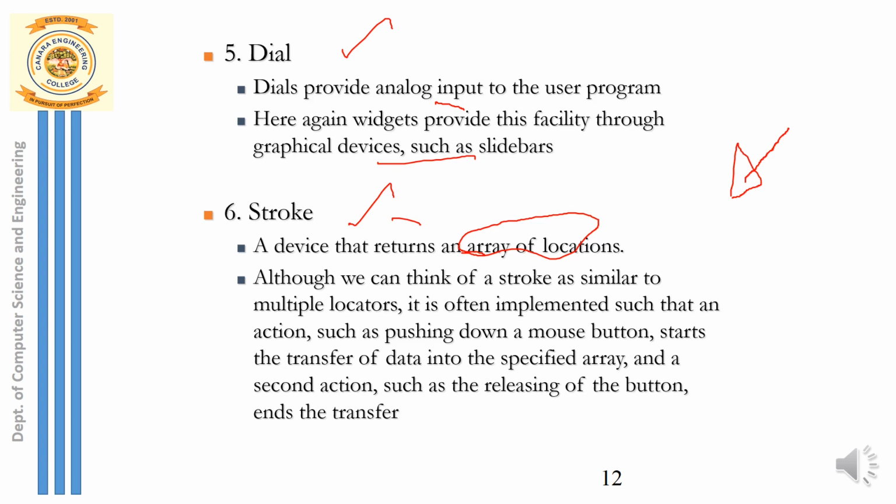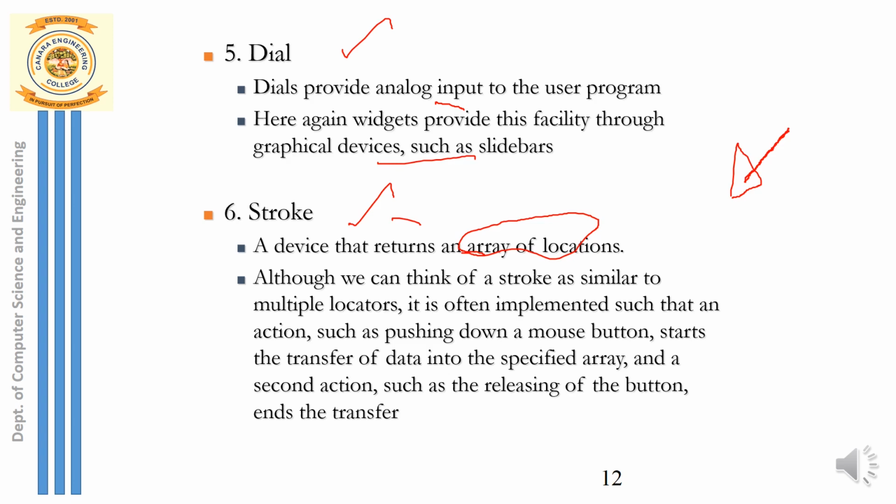If I have to do such an animation, how do I do that? Click on a mouse button in one position, say the object is in its resting position. Now when I drag the mouse in some direction, the object along with the mouse should be dragged to the new position, and the moment I release the mouse button, the object should be placed in that last position. So what am I doing there? Am I returning the position that has been clicked? No, I'm returning the position from the starting position till the end position.